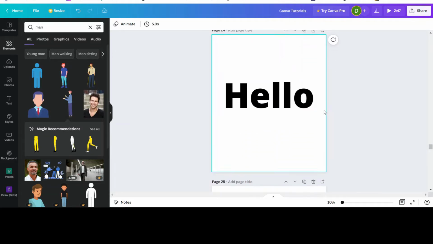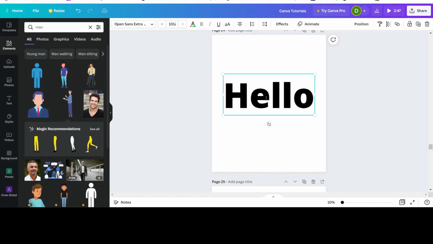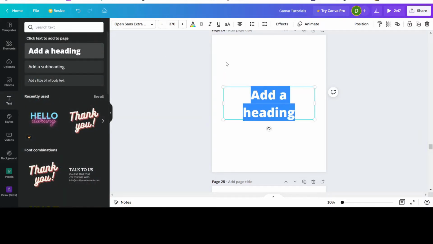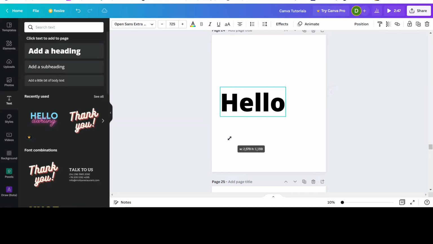The second one is text. As you know, let's just delete it. You go to text, you add a heading, and let's say it's hello. Now text, a tip here,